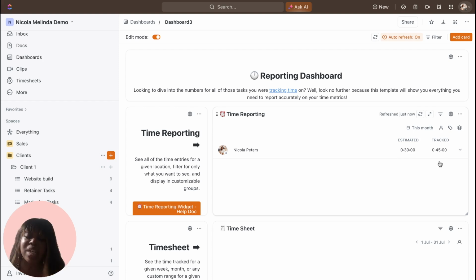So if you're trying to understand if a team member is taking too long to do work, or you're underestimating how much time it takes to actually do a task or for a project to be completed, that could be from a budgetary perspective, time management perspective, team capacity perspective, then this will help you to at least capture the data that you need to have a look at, so then you can go on to make more informed decisions,